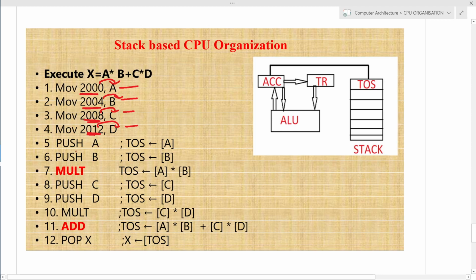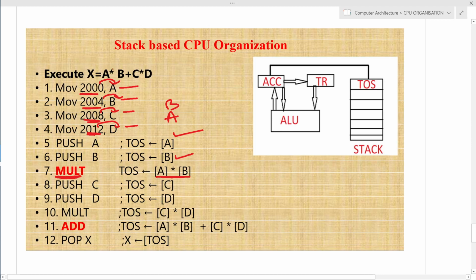I have already told you, when we perform the push operation, the top of the stack will identify register A. And when I perform the push of B, the top of the stack will identify B. That means it will be labeled A initially, then B. Then when I use multiply, the top two of the stack, that is B and A, will be multiplied, and the top of the stack identified through the stack pointer will hold the product of A and B. This way you have to interpret it.